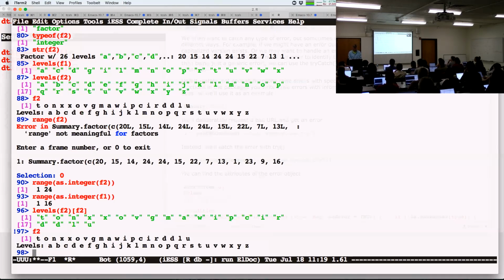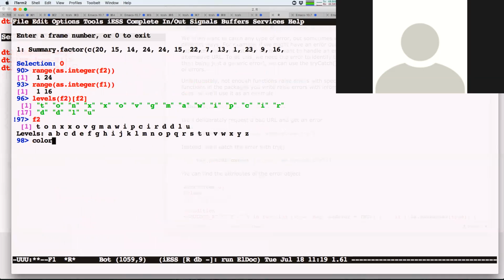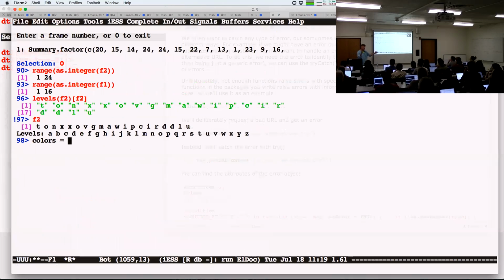Let's say we've actually got colors. If I have 26 different colors, and I got 100,000 values from this categorical variable, I can use these to subset into another vector.